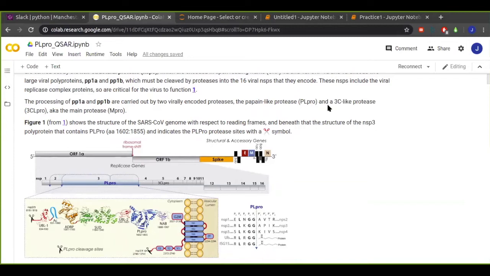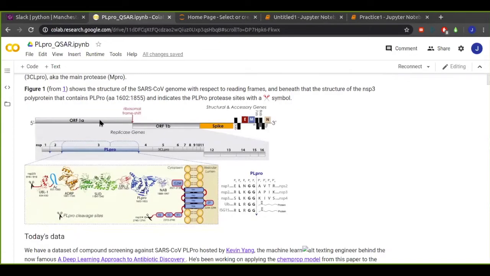The proteases are pretty key for the entire thing to function, so they kind of represent a potential single point of failure within the whole viral genome. Here we have a schematic of the viral genome. There's open reading frame 1A and 1B. It's 1A and 1B because they get transcribed as one unit via some funky ribosomal frameshift mechanism where the two frames aren't really in sync.